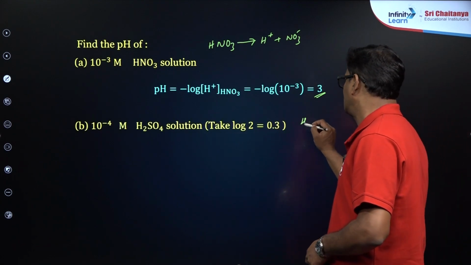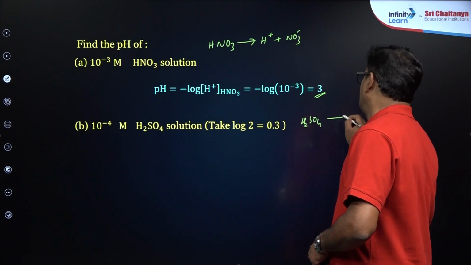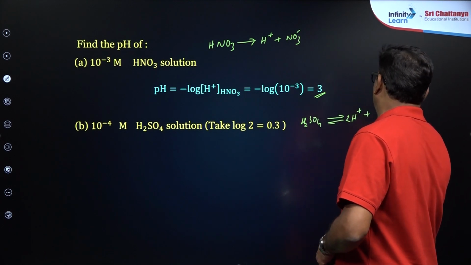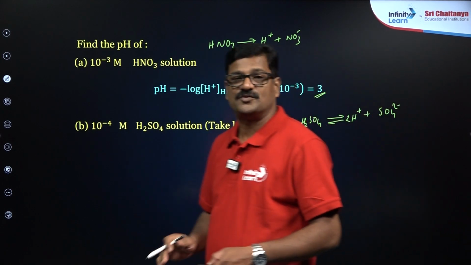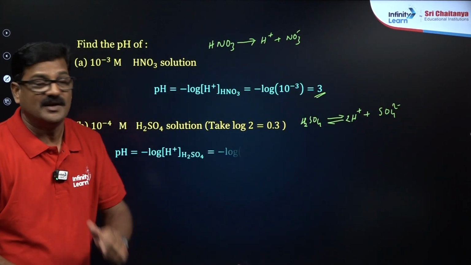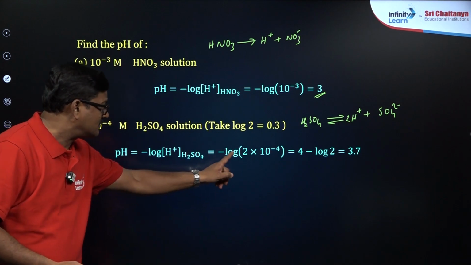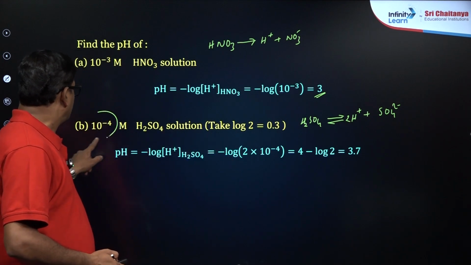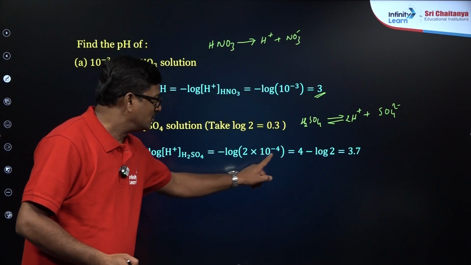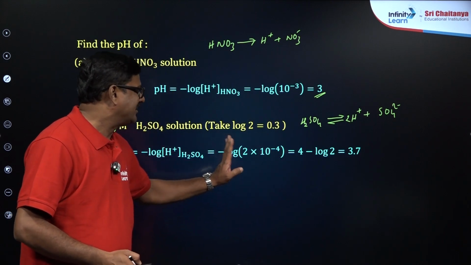Here H2SO4 ionizes to give rise to 2H+ and SO4 2-. In that case, the H+ ion concentration is double the molarity of H2SO4. That's the reason why it is given as 10 power minus 4. This 10 power minus 4 is multiplied by 2, so that you are going to get the negative logarithm of 2